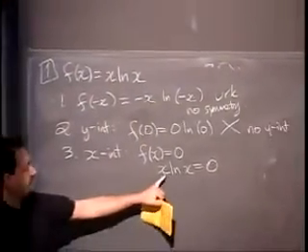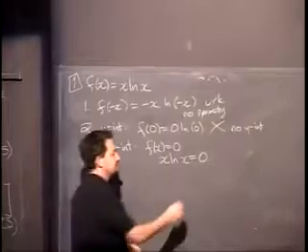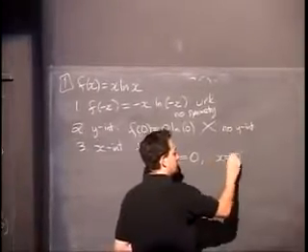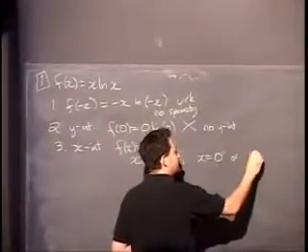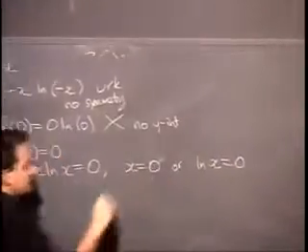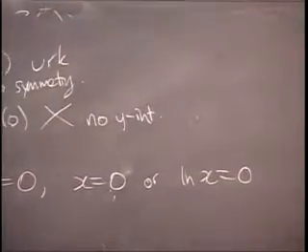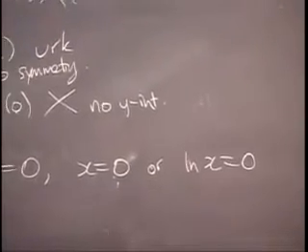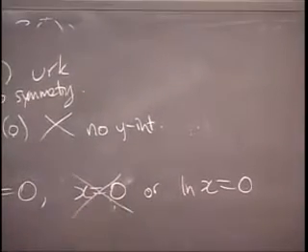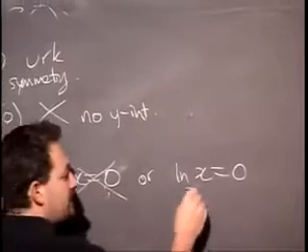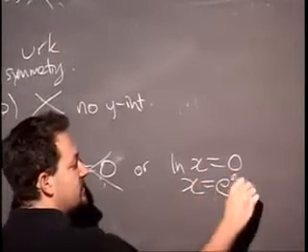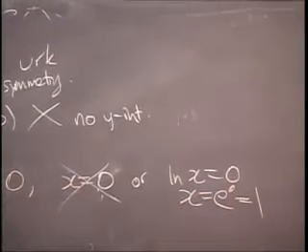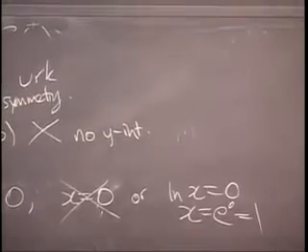When either x equals 0 or log x equals 0. Unfortunately, x equals 0 is no good because if you plug in 0, as we saw, log of 0 is undefined. So that's not allowed. But log x equals 0 is fine, and that will happen when x is e to the 0, which is 1. Log 1 is 0. So we have an x-intercept